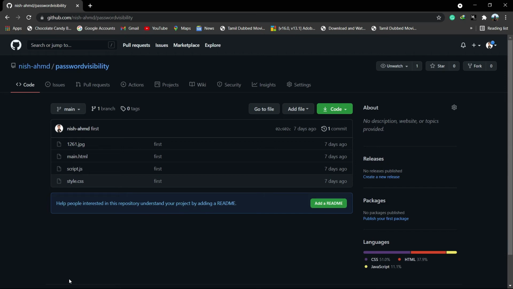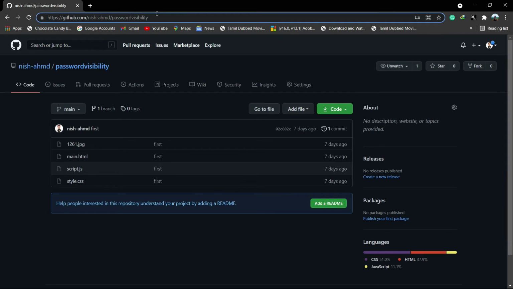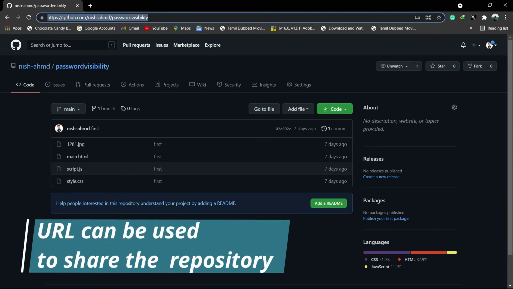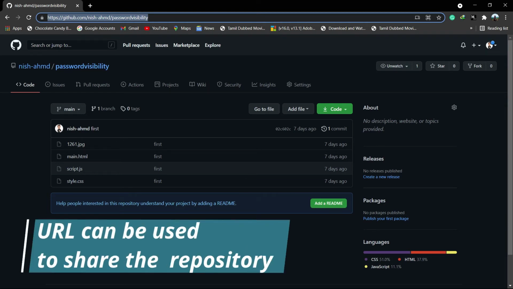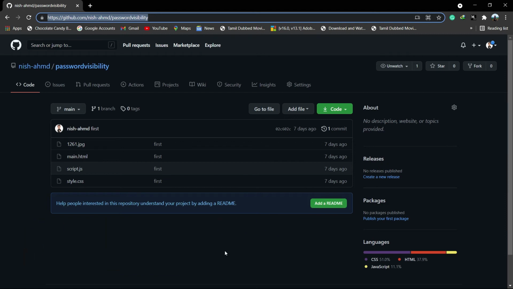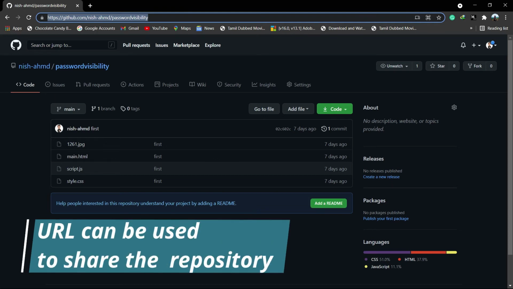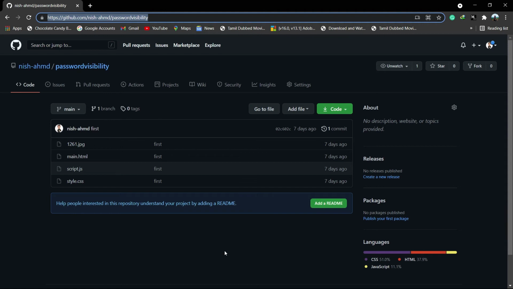So how do you do it? The URL given here for the repository can be shared with your members, since the visibility of this repository is public. So whoever has this link can see this code and download it, or they can clone this code for themselves. And you can also see here a button named fork with the number 0.